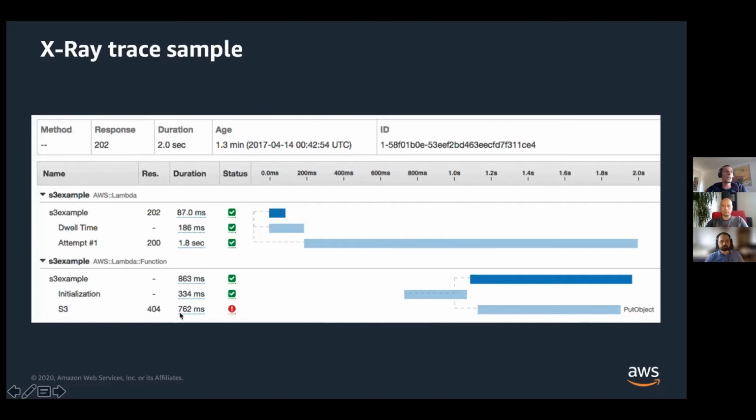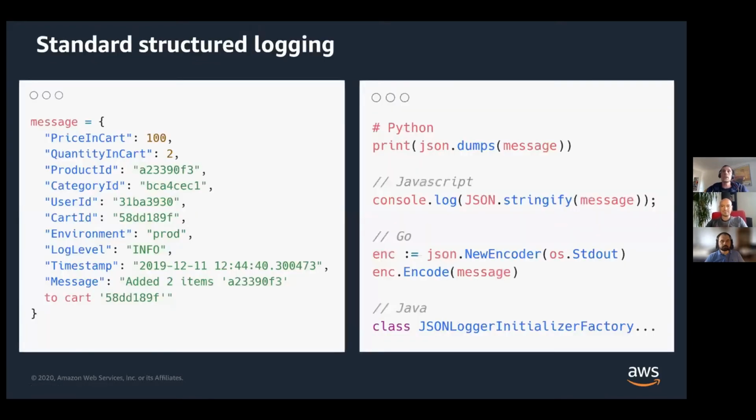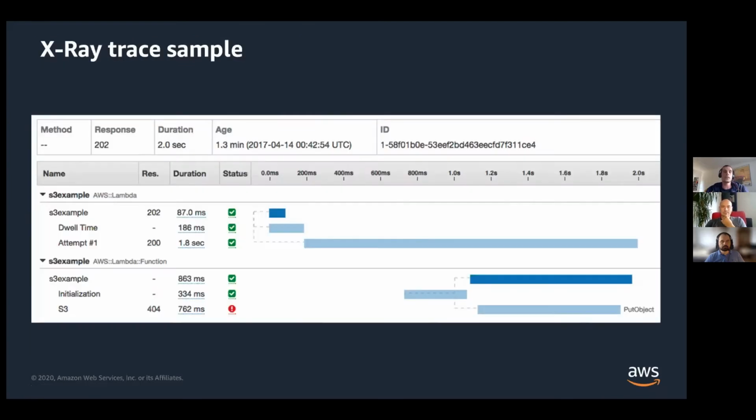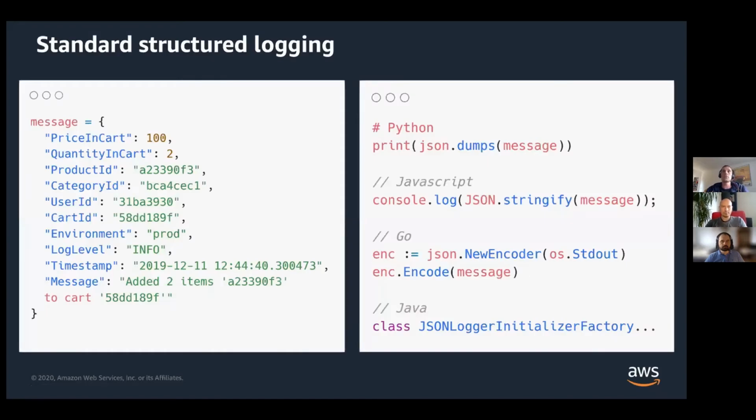So now we can dig directly into this component, this Lambda function, for instance, and go deeper into the analysis. And one great way to go deeper is to move from this trace view to the log view. What you want to be able to do here is move from tracing to the log view. To do so, the best is to have what we call structured logging, where you will be able to search around your logs efficiently.